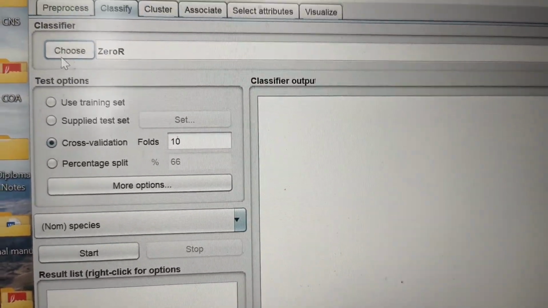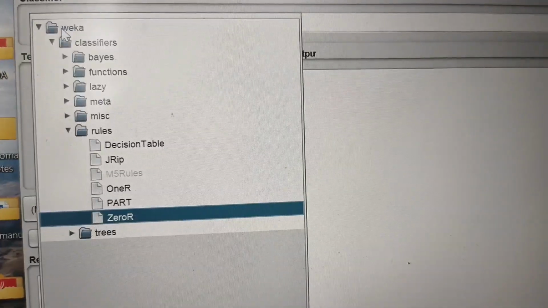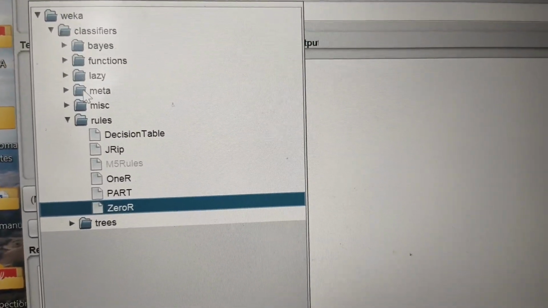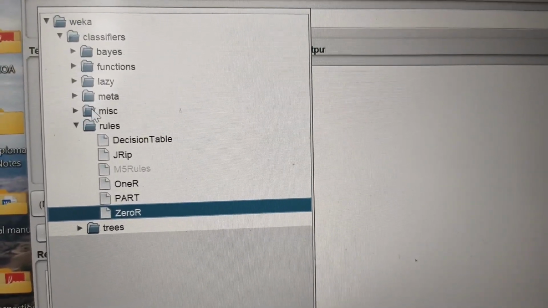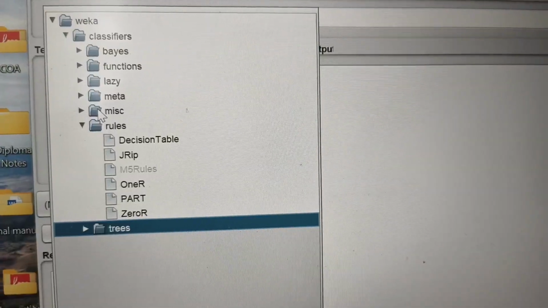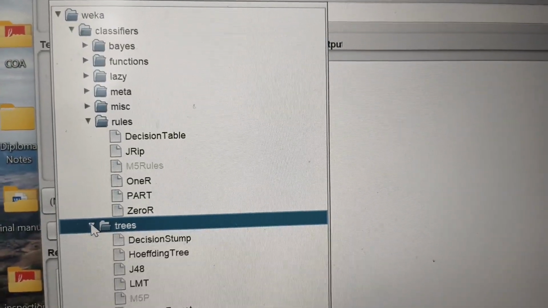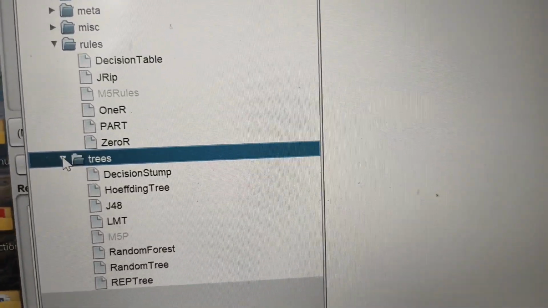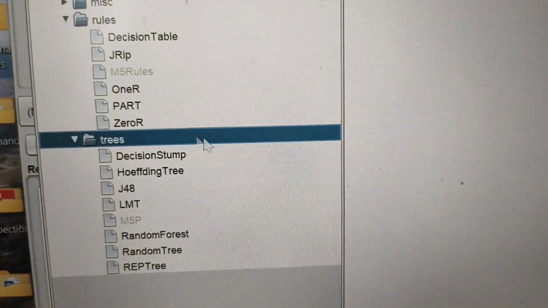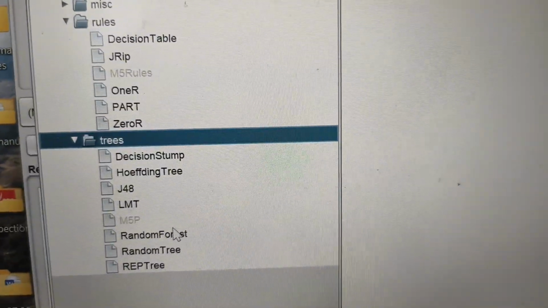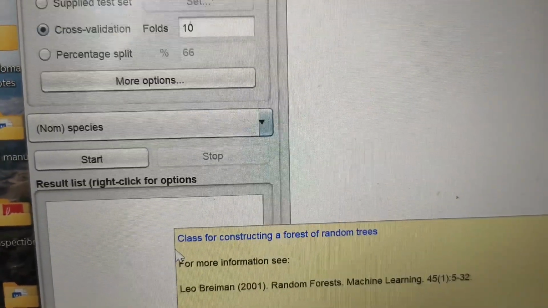From the classifier, we have to choose Trees, and in the trees the model is there, Random Forest. So select the random forest.